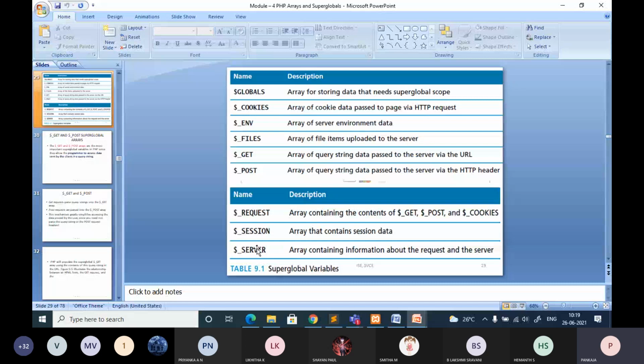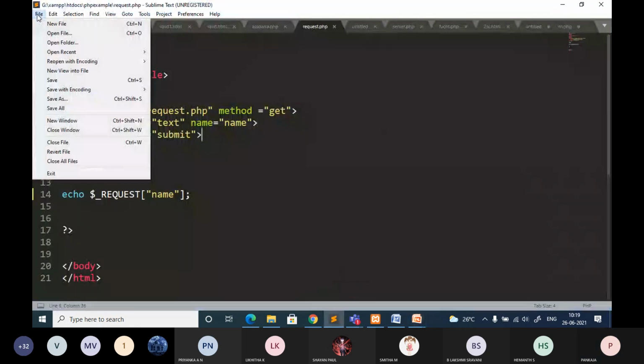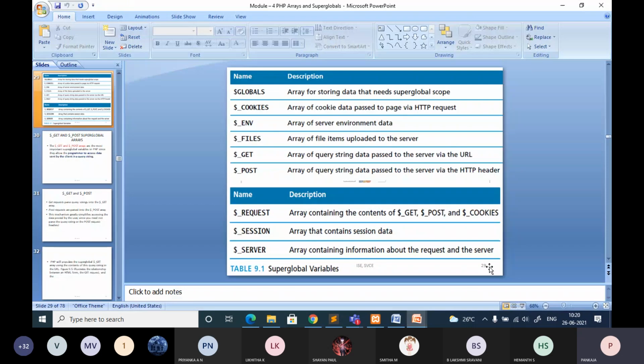You are already familiar with some of it. So let's see what information you can fetch from this array. For that we need to write a piece of code using PHP. Let me just go to the description of the server array, then I'll go to the program.